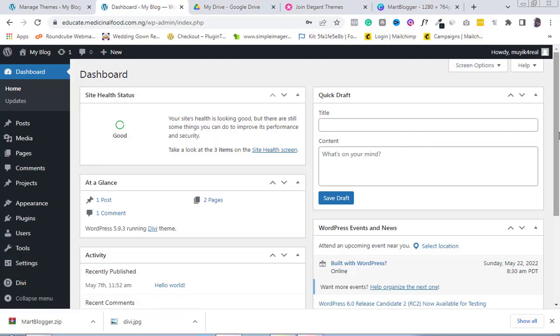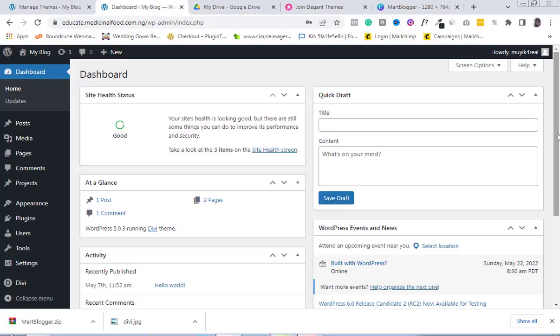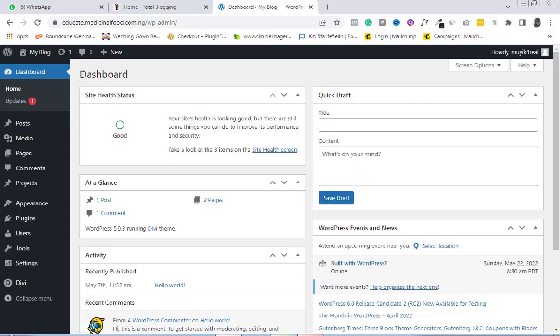Alright, so congratulations, we have concluded the second task, and then we're going to the third task, which is to design or build our global header in Divi. So let's get over and do that now. How to build a global header in Divi. A global header means that the header that we're going to design will appear on all pages of our website. To do that, we will remove the Divi default header that came with the theme, and we're going to design